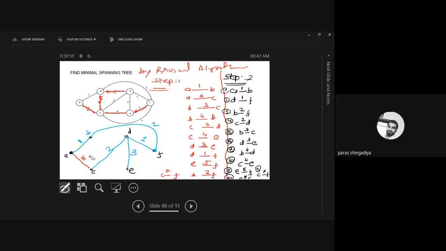So we'll skip this edge also in this graph, and last is C to F. If we connect C and F, there is a C to F whose weight is a 7. If we connect it, it also creates a closed walk by using C, D, E. A closed walk can be formed from C, D, so therefore we'll skip this edge also. So that is our minimum weighted spanning tree for this graph.